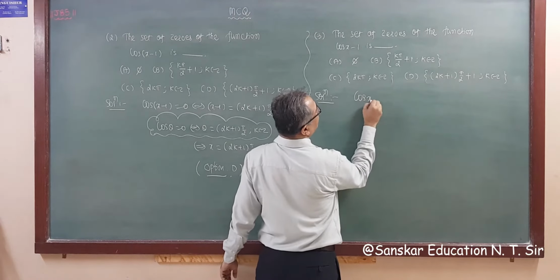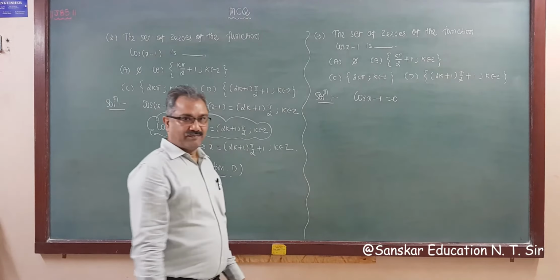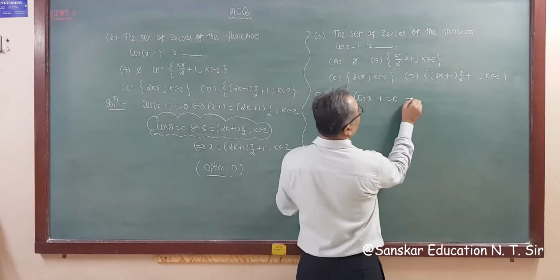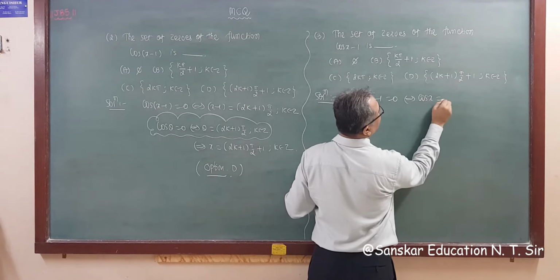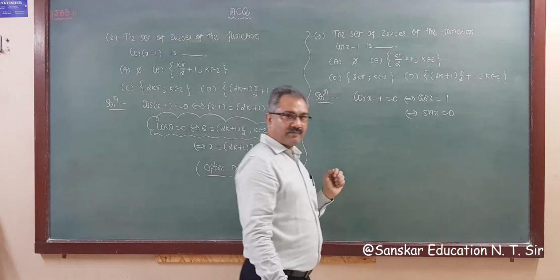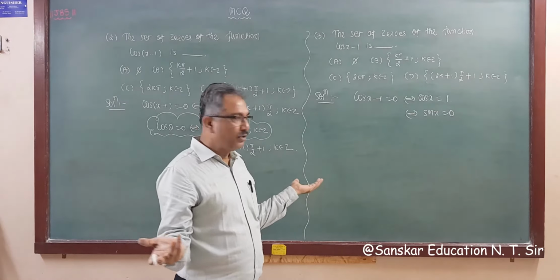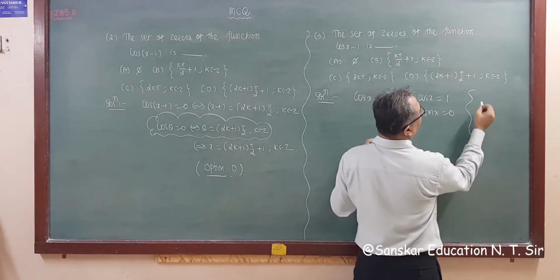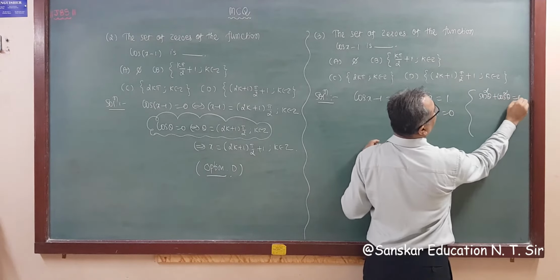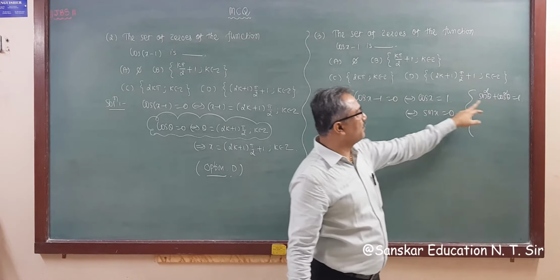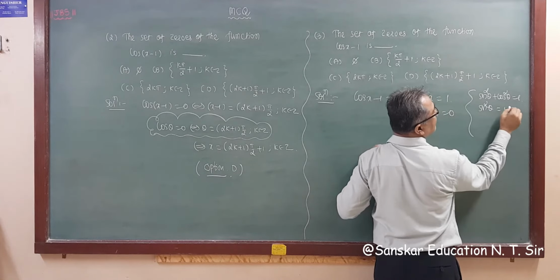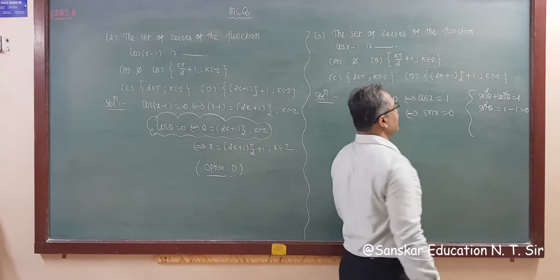See, this is cos x minus 1 is equal to 0, right? So if we make this our subject, then cos x is equal to 1. So this implies cos x is equal to 1. So this implies sin x is equal to 0, right? Cos is 1, then sin is 0. You have 2-3 ways. First, you know sin²θ plus cos²θ is equal to 1. So if I take cos x is equal to 1, then sin² is equal to 1 minus 1, that is 0, that is sin is 0.